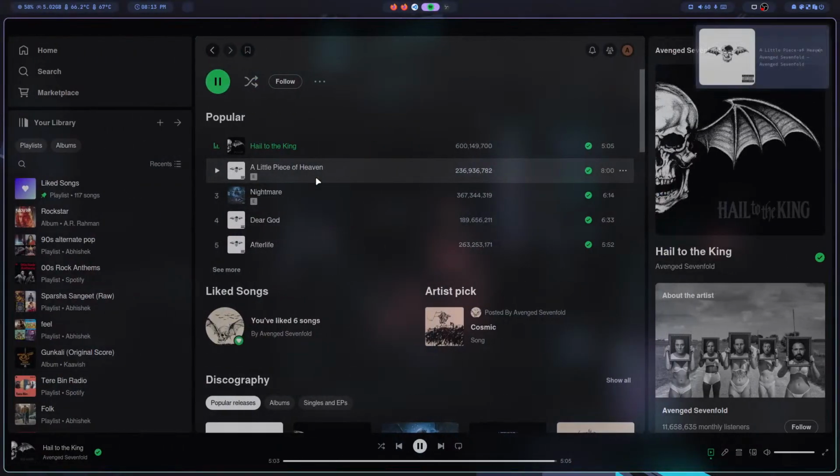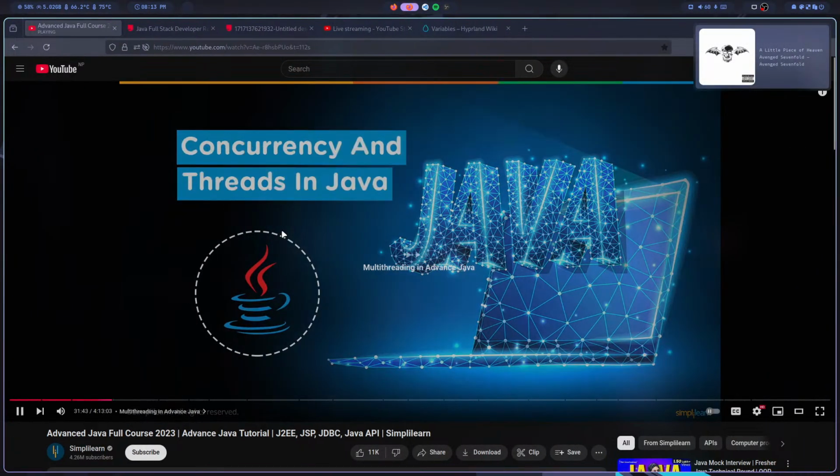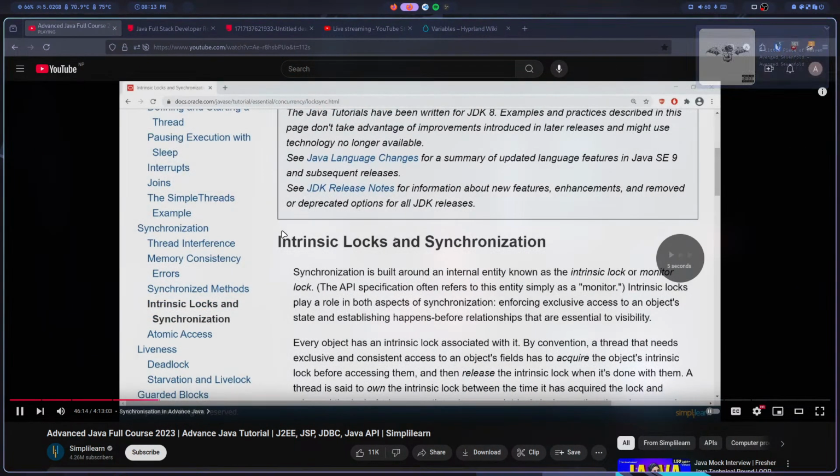Learning, etc. Let's get started with serialization in Java. Let's get started with the two threads,